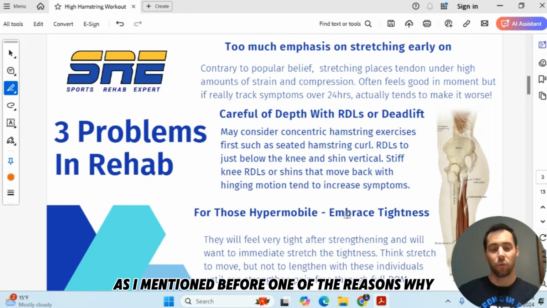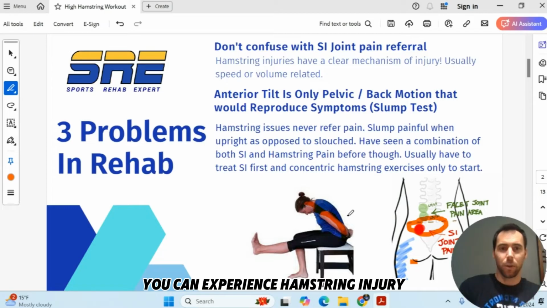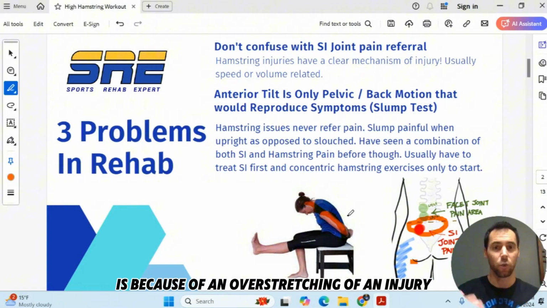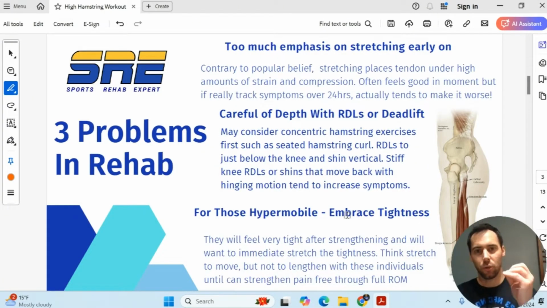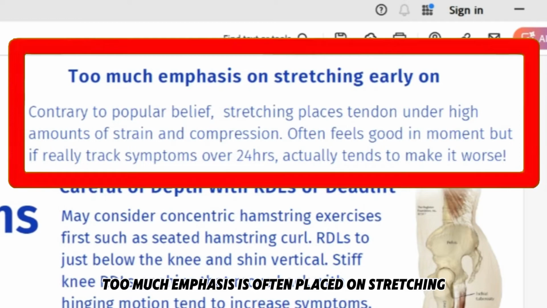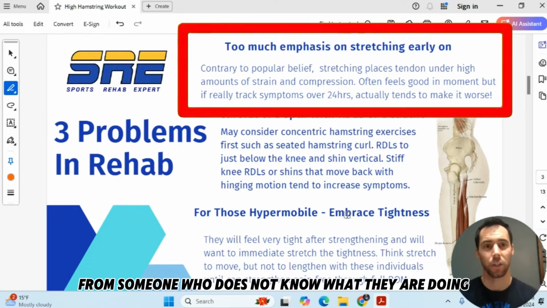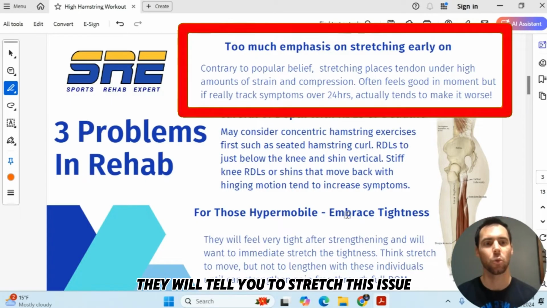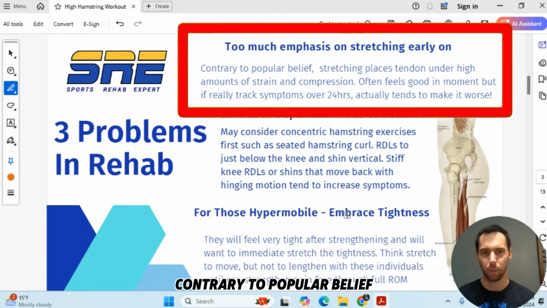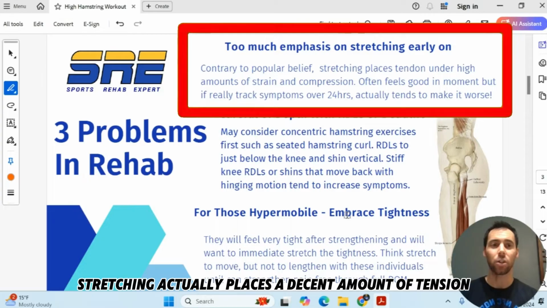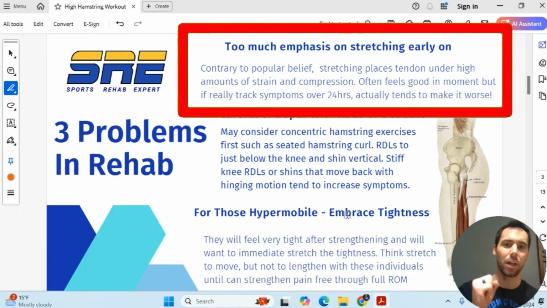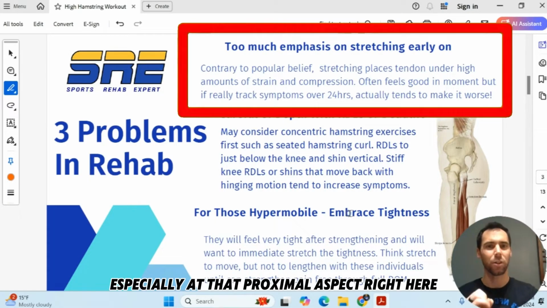Second, as I mentioned before, one of the reasons why you can experience hamstring injury is because of overstretching. So too much emphasis is often placed on stretching early on in the rehabilitation process from someone who does not know what they are doing. They will tell you to stretch this issue. Contrary to popular belief, stretching actually places a decent amount of tension and strain to the hamstring, especially at that